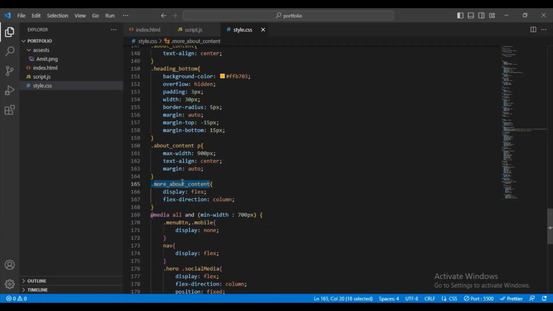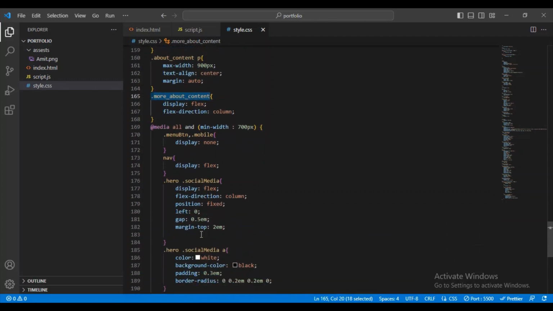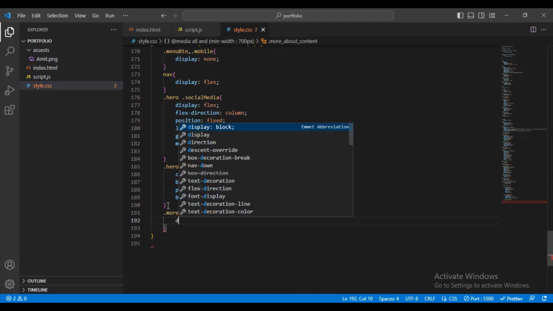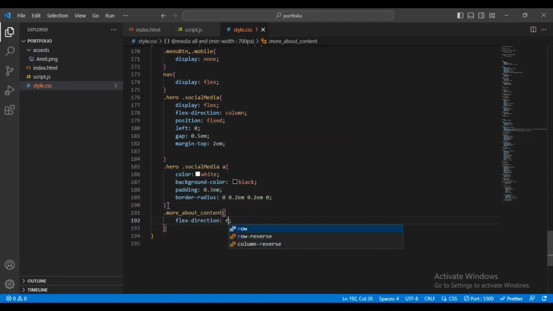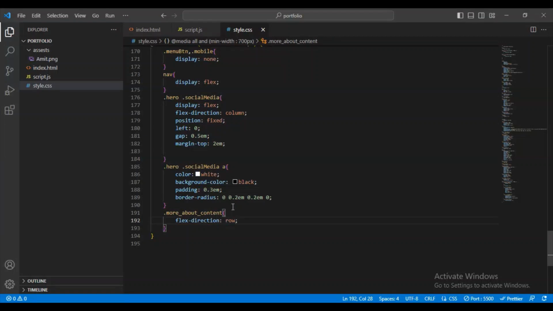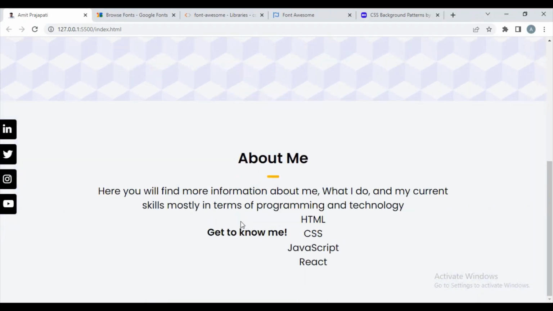For that, let me just copy this, and here I will paste this and give the flex direction row. Now, yeah, this will be row, and in between them I will make this content center, justify content will be center. Yeah, now it will look like this,